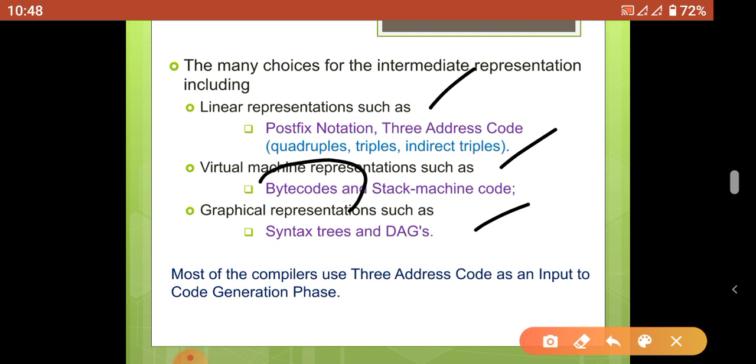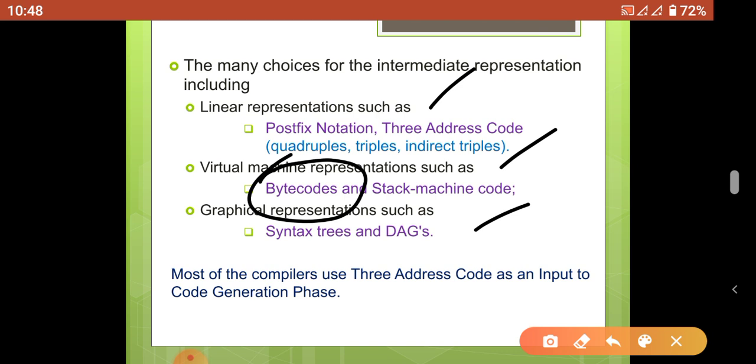One of the intermediate representations is bytecode. All of you know what bytecode is and how it is useful in a Java language program. Java uses two kinds of translators to translate the Java program into a machine language program. First one is the Java compiler, which takes the Java program as input and produces bytecode as output. Then the Java interpreter takes this bytecode as input and produces equivalent machine instructions. Here the bytecode is used as an intermediate representation.